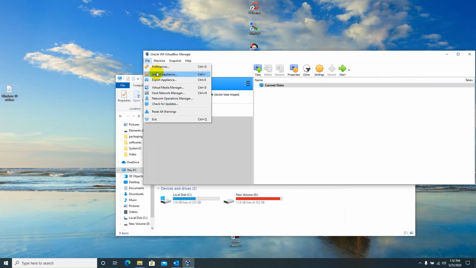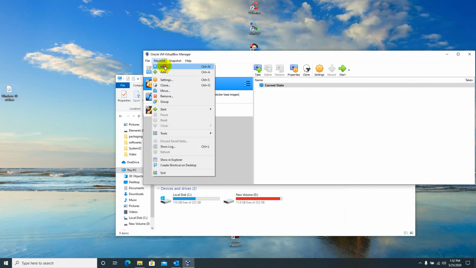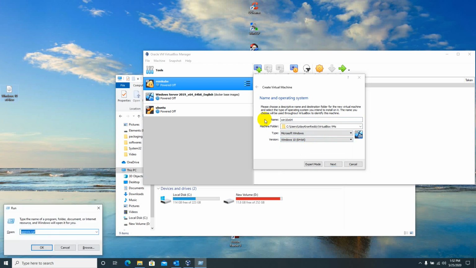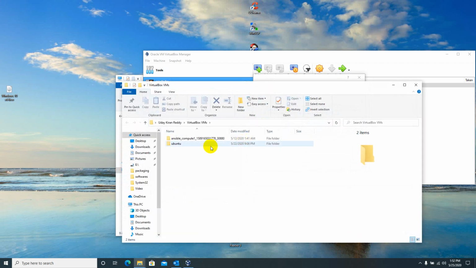So go to file, no, not file, machine, new. Let me type the name as Win10 x64. Based on the name, it is already showing some selected options. If not, you need to select from the drop down. If you go to this folder, let me see what VMs are available.